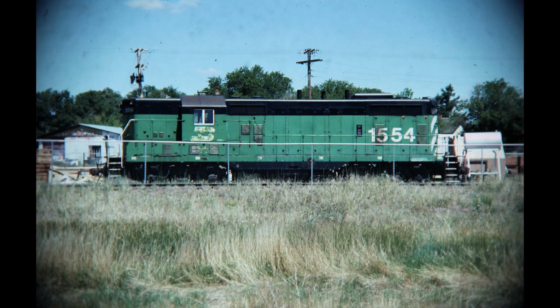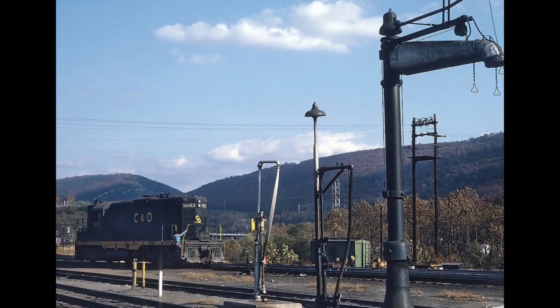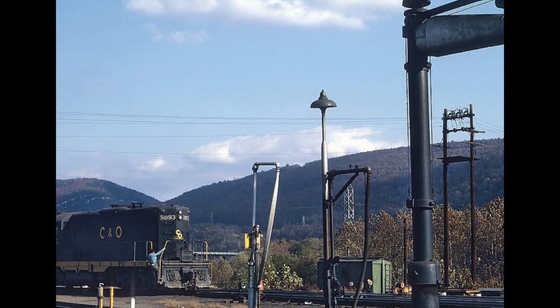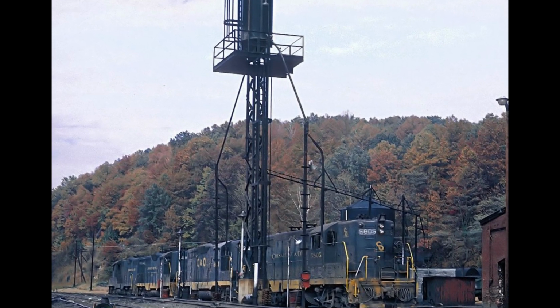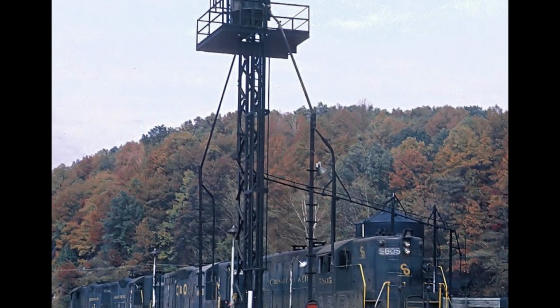But again, these issues would not show up immediately and would not become an issue until these units began to really age and would require rebuilds. Speaking of rebuilds, the GP7 would be involved in several rebuild programs which were much in demand. This is mainly due to the railroads around the United States at that time, during the 1970s, needing locomotives to handle light-duty switch jobs, in turn requiring lighter-weight, lower-horsepower locomotives with 4-axle trucks that were not currently being produced by current locomotive manufacturers during the 1970s, mainly due to the prolonged horsepower war going on between all of the major